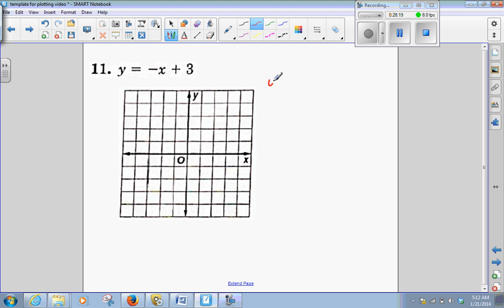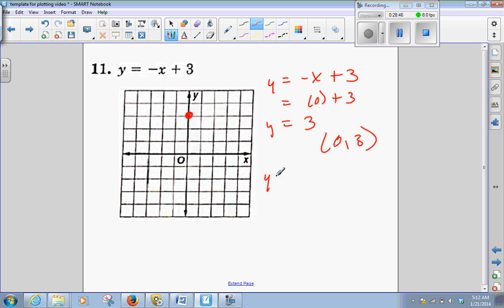Okay, so for this one, I've got y is equal to negative x plus 3. I'm going to do what I've been doing, and I'm going to pick 0 to go in for x first. So 0 plus 3 means that y would be equal to 3. So my first solution, if x is 0, y is 3. So one solution is 0, 3. So for my first point, I don't go left or right, but I do go up 3